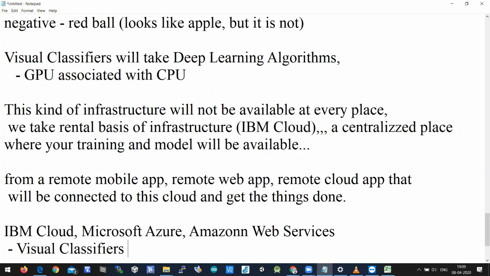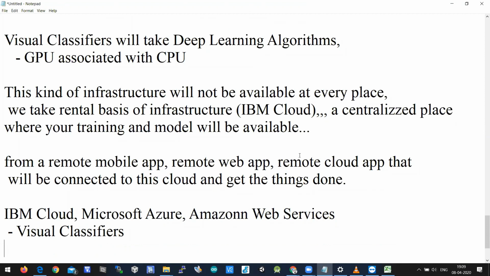IBM Cloud people call it visual recognition, Microsoft Azure has visual recognition again, and Amazon Web Services has a recognition service which identifies things. In the next upcoming webinars, we'll be using Microsoft Azure, but for this webinar in particular, we'll be using IBM Cloud.